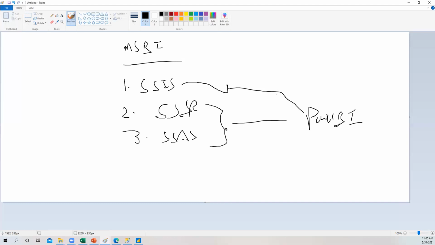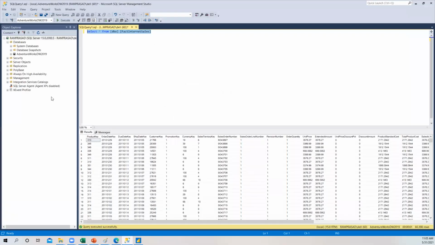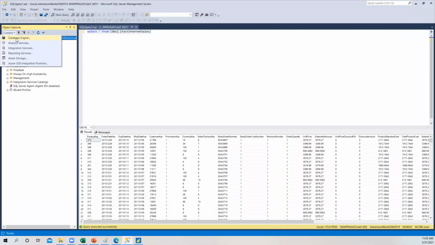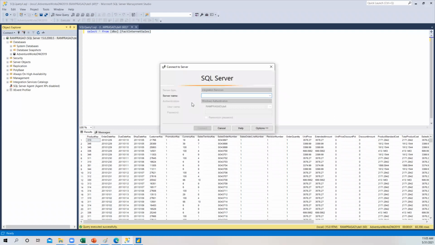Can we say these are different servers? Which one? SSIS. SSIS is a tool, but in the backend, to store the metadata and all, yes, it needs a database, though you do not see the database actually. If you install SQL Server, see, there is Integration Services, right?